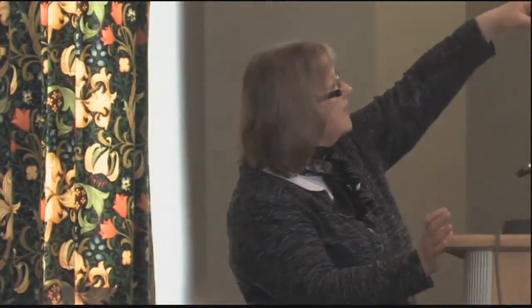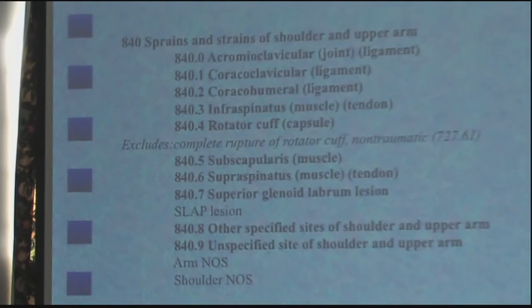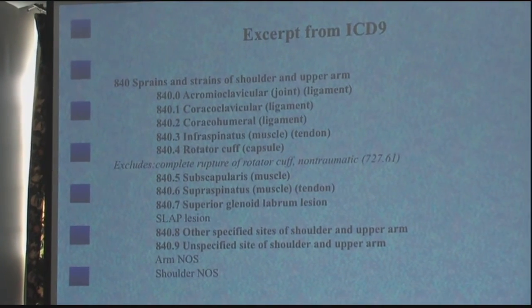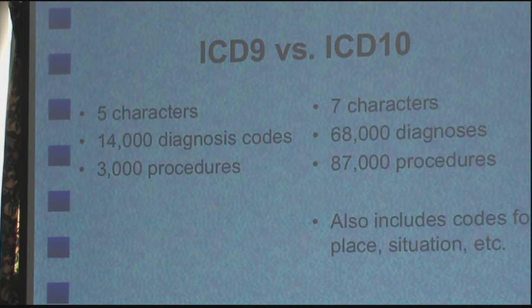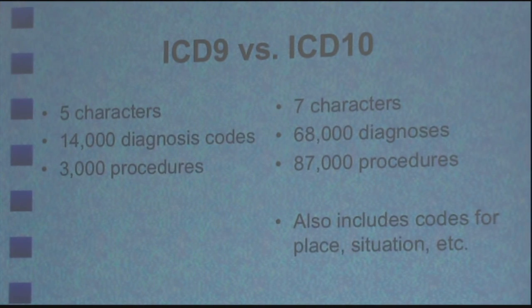So just to give you a quick recap, here's what it looks like in the ICD-9. What they're talking about is the ICD-10, which is coming in the fall. And everybody's like, woohoo, getting ready for it and worrying how it's going to be. So this is what it would look like. It looks just like that. And so the old system had a length of 5 characters in the number. That's how far you could extend it. 14,000 diagnosis codes, 3,000 procedures, and they have this other thing about codes for place and situation, which is how you can get like injuries in an opera house and on other things.